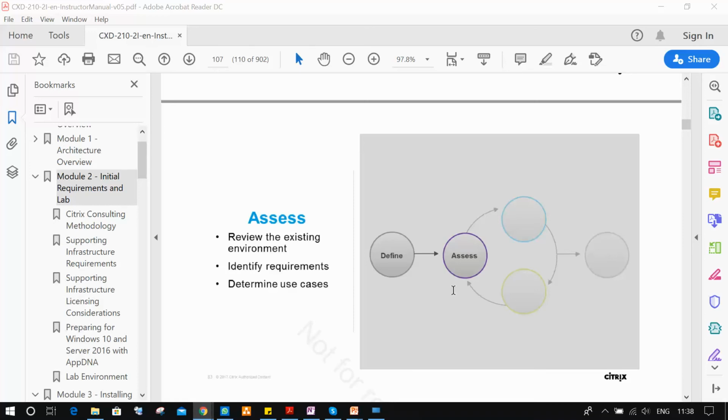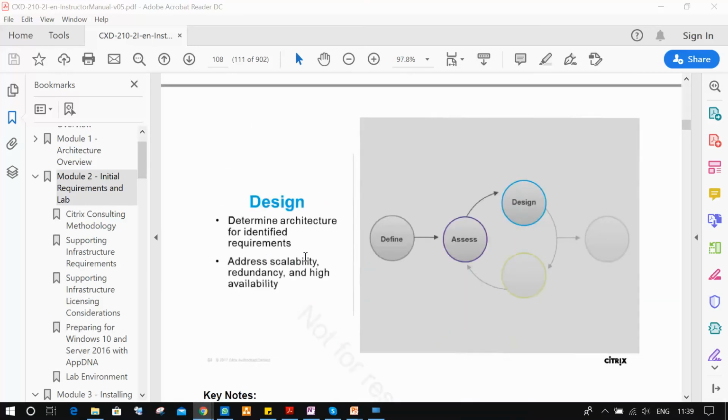So what is not there, what you are looking for. Determine use cases. So a couple of scenarios in your mind that you will be implementing in your environment, that you want to discuss. That means a complete assessment. After you define the project, we go for assessment. Before you buy the product, before you test the product, we will be discussing each and every point: what you want, what you don't want. Anything will be discussed in the assessment.